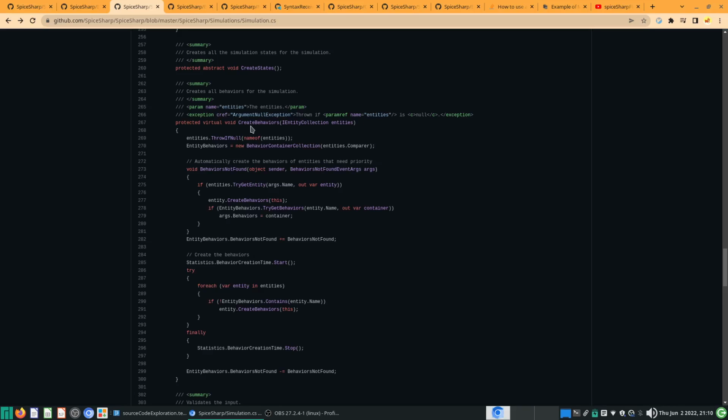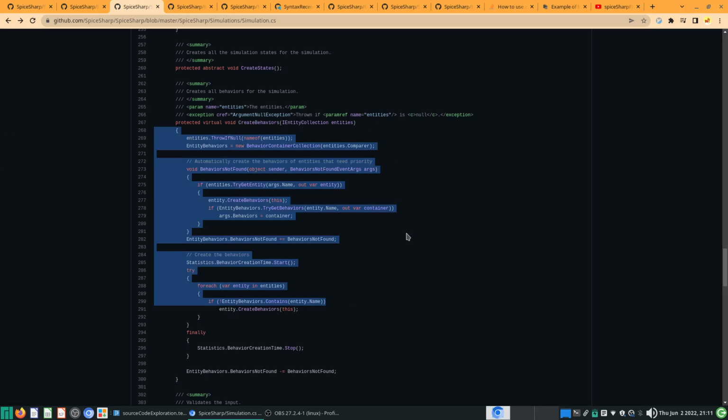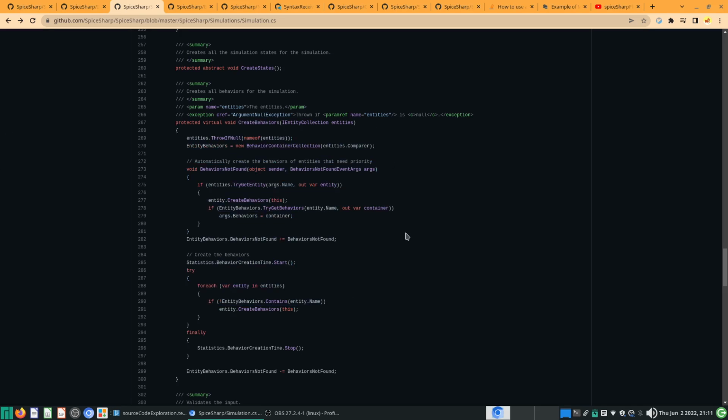So in the last video I talked quite extensively about how the information from the entity collection flows all the way down into the create behaviors virtual void function within the simulation class. Now if you've been following the series so far, you can see that it gets kind of complicated. Somewhere in here is where the behaviors from the entities come in. Entities are the components essentially,